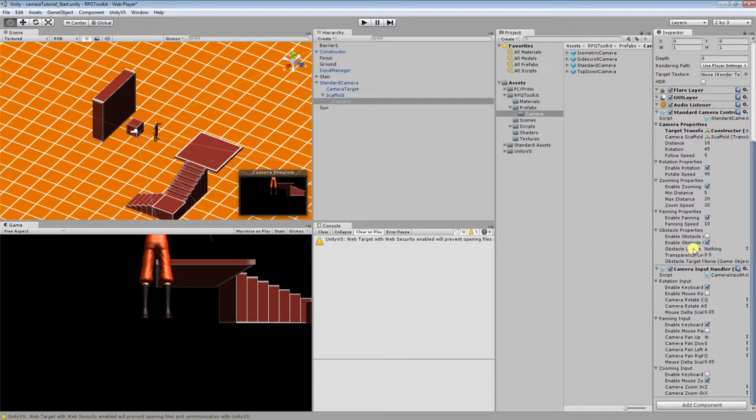Obstacle layers specify which game objects on specific layers count as obstacles. So we'll set this to obstacle there, and now any game object that's on the obstacle layer will be treated as an obstacle. And now if we change the obstacle target to the constructor, there we go, and run it again,